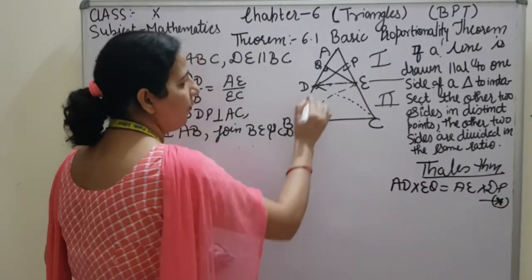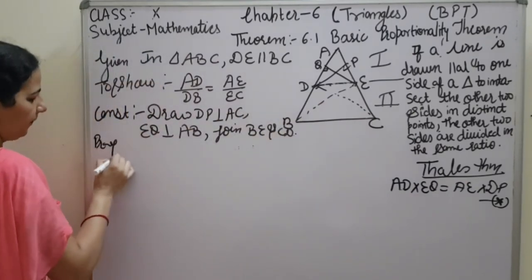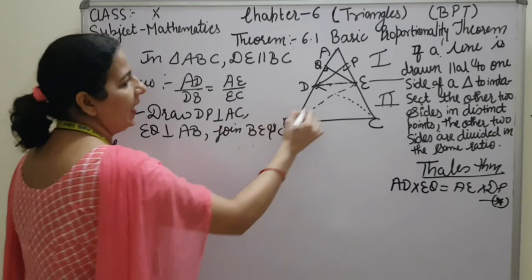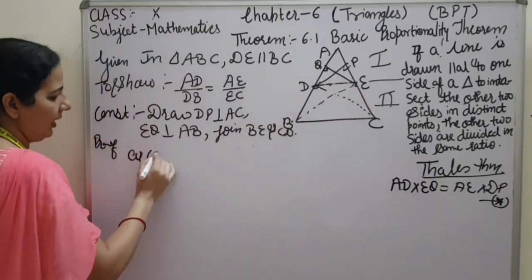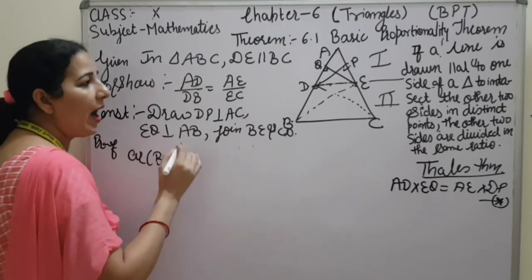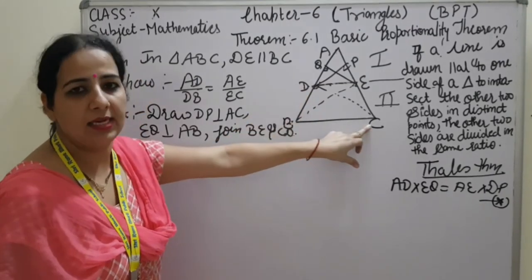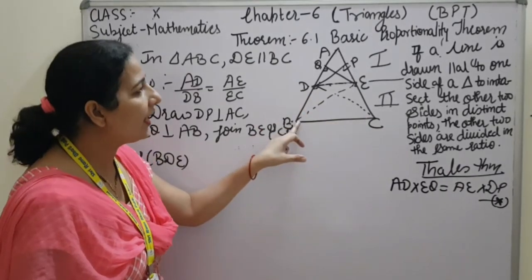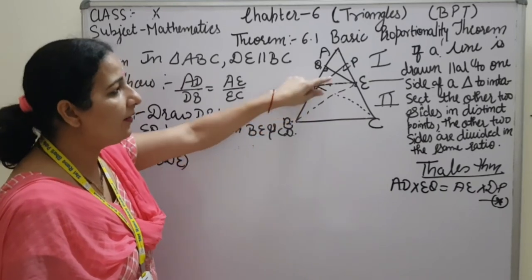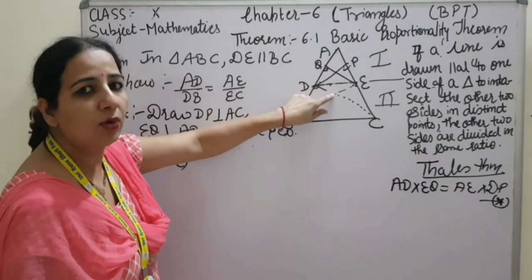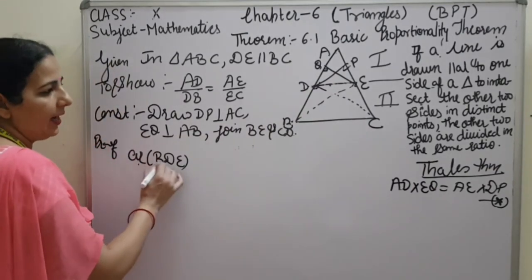Now the second half of the same. Area of BDE. Why have I chosen BDE? Why have I not taken BDC? The reason is we can also take BDC, but it is better to take the triangle in which both the parts are connected. This is the only reason. So I have taken area of BDE.